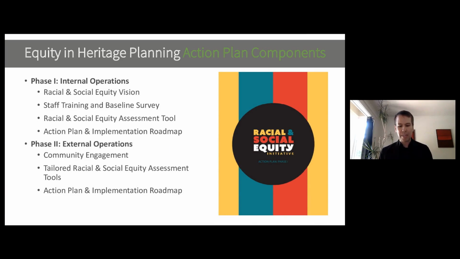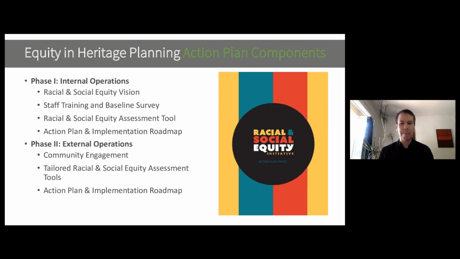The department has been developing a racial and social equity plan for about 3 years now. The first phase of this work started with an examination of our internal workings as a department and created trainings and tools to make sure our staff can integrate the value of equity into all aspects of our work. Now we are in phase 2, and we're asking, how do we do our work, and are we doing it in a way that promotes equity?